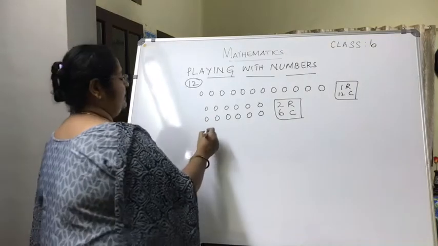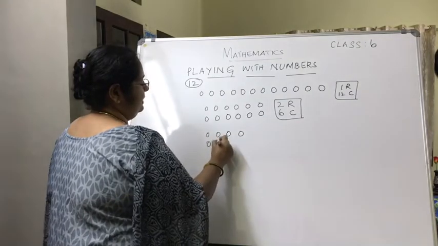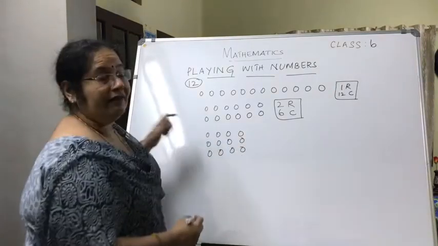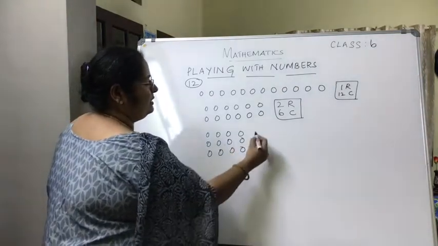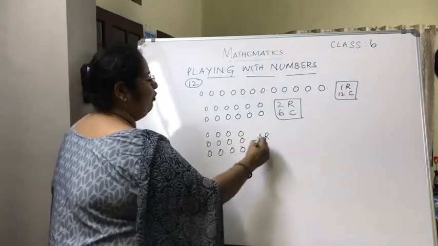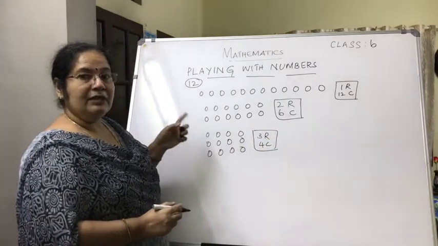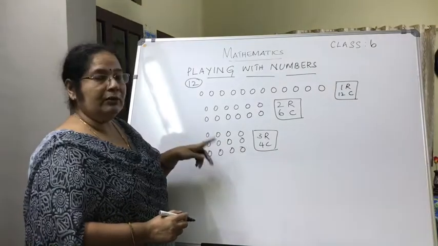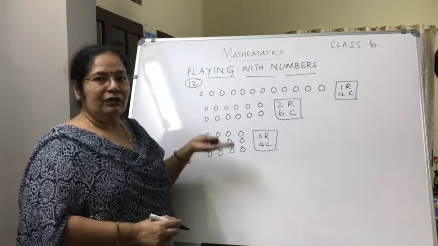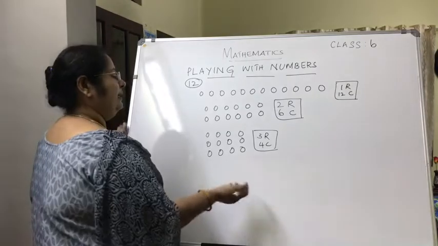Now another way is, say, 1, 2, 3, 4, 5, 6, 7, 8, 9, 10, 11, 12. See here, how many rows? 3 rows. How many columns? 1, 2, 3, 4 columns. So this is yet another way of representing the number 12, or the 12 beads can be arranged in this way also, as 3 rows and 4 columns. Is there anything left off? Nothing. Do you need more to completely fill the rows and columns? No. It's been completely filled here. Now another way.